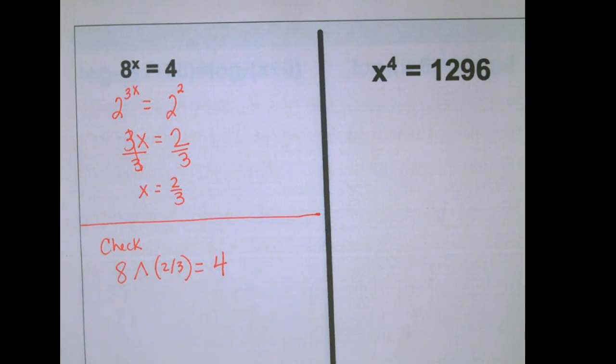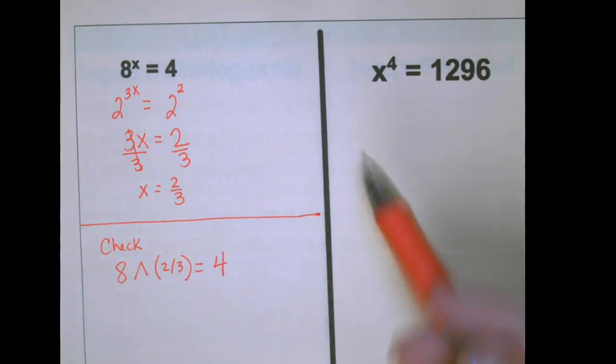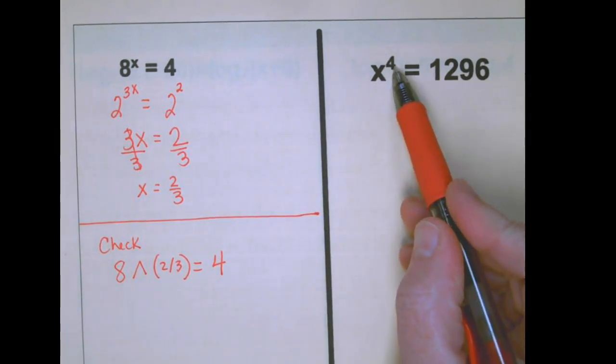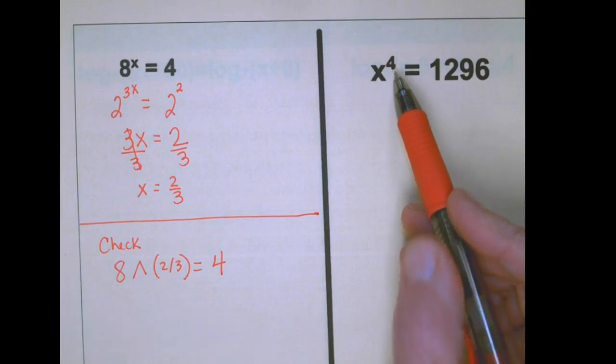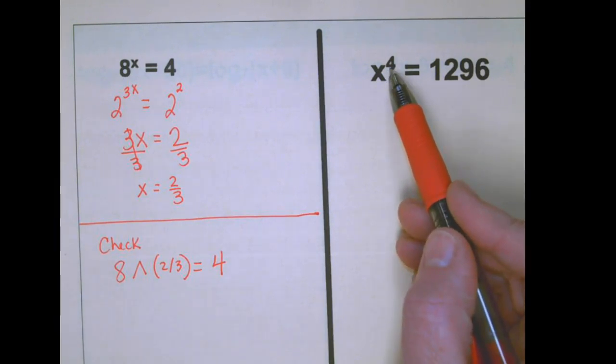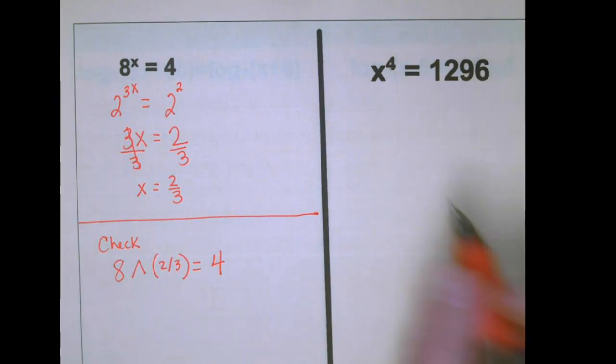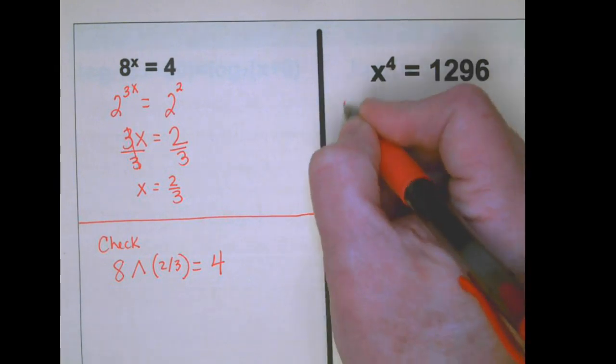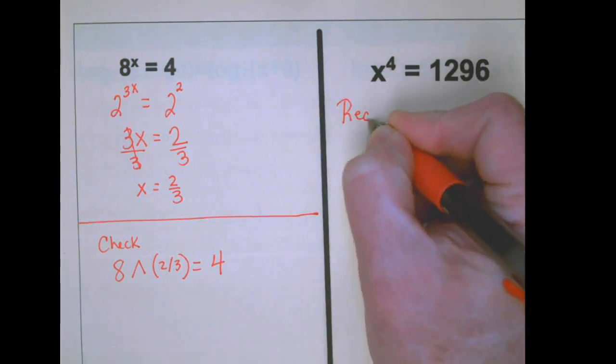Now, on this next one, the x is the base. It's not the exponent, the x is the base. So I need to solve for x, so I need to get rid of this 4th power. How do I get rid of a 4th power? It would be true that I would square root it if this was a 2. Since it's a 4, you could actually square root it twice. But I am going to show you the way to get rid of any exponent, not just a 4 or a 2. You use the reciprocal